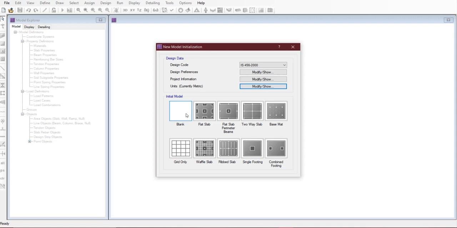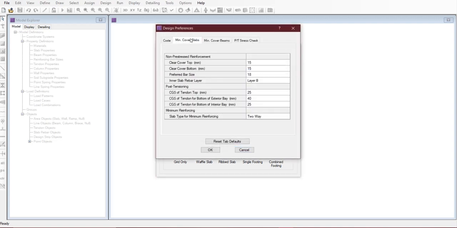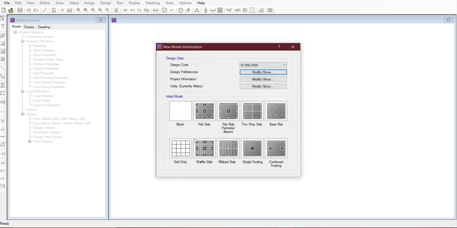And here in design preferences you have to change the minimum cover for slabs. Keep it as 50 mm, and clear cover for bottom keep it as 50 mm, and preferred rebar size we will keep as 25 mm, and click on OK.